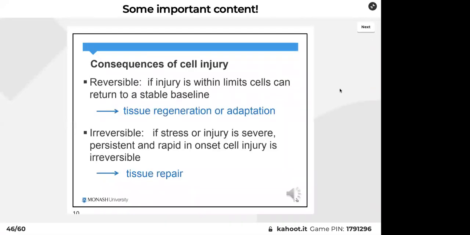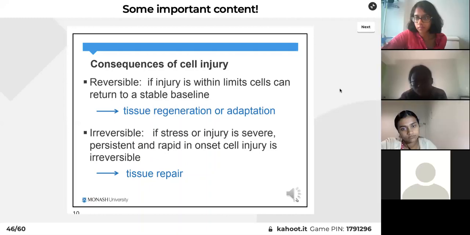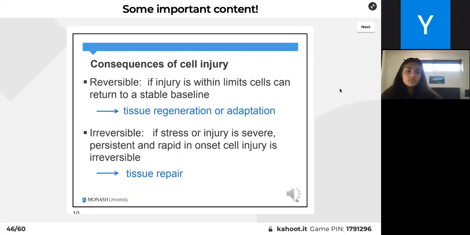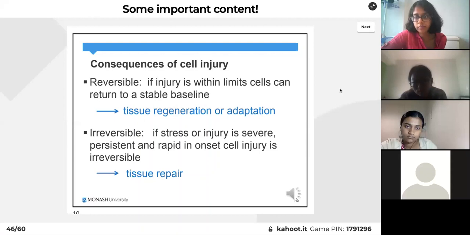And there are two content slides back to back that I've included. This draws back on that question about cell injury and the different types of cellular injuries. You have two things: one is the reversible pathway. If injuries are within limits, cells can return to a stable baseline through tissue regeneration or adaptation. But then you have irreversible. If stress or injury is severe, persistent and rapid, the cell injury is irreversible, and then you have tissue repair. And then if you go to the next one,